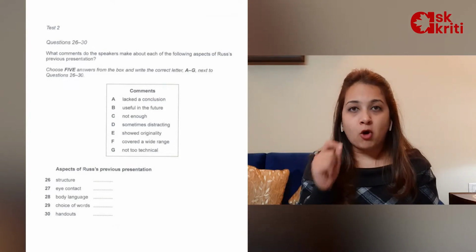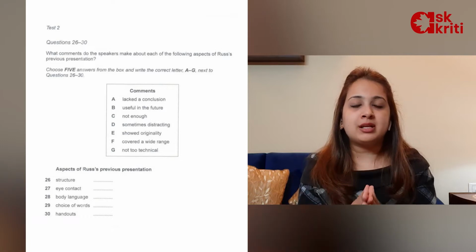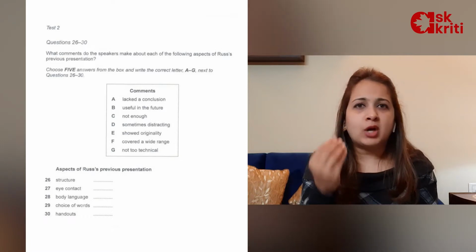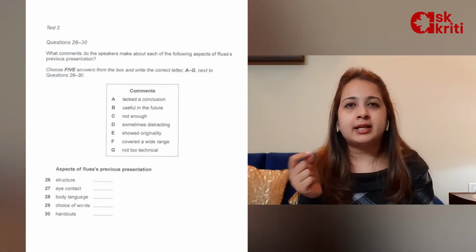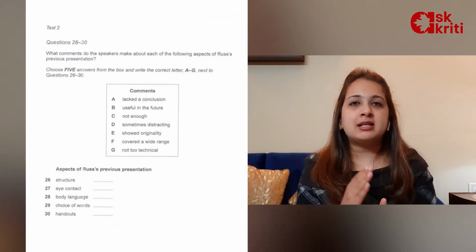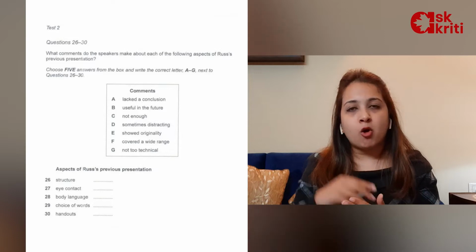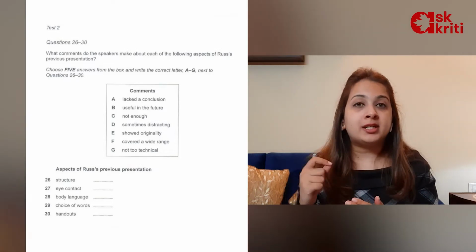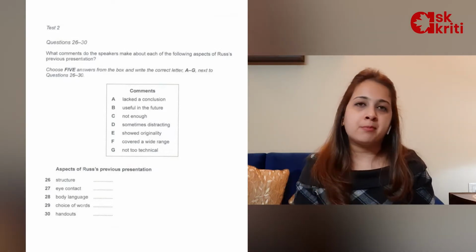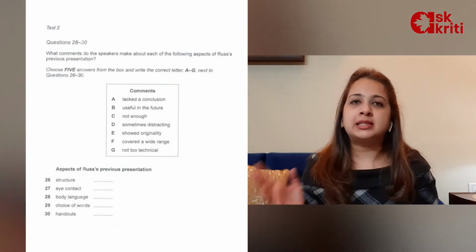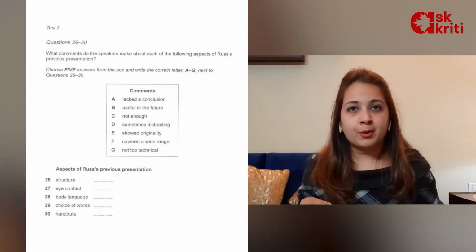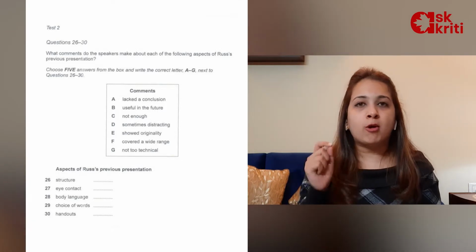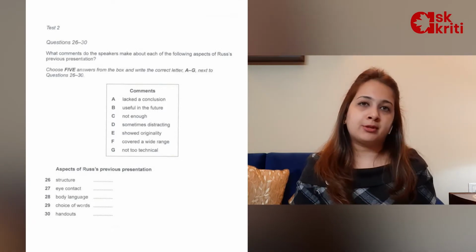When the audio has not begun, we have to utilize that time. It is not even 1 to 2 minutes, actually it's 30 seconds to 1 minute. You have to utilize that time and quickly read all the options. While you are reading, do not forget to highlight the important words. For now, there are just two words max, so there's no need to highlight. You can still do it for your convenience, but when the options are long, it plays a very important role.